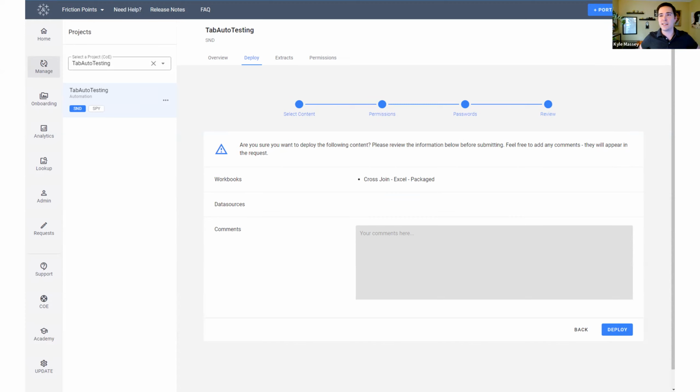With this process, the only bottleneck is the manager hitting that button, and most content is deployed within 15 minutes. So obviously a huge difference and a very, very good customer satisfier for us. Not only for the customers getting what they want faster, but now we don't have to do these deployments anymore, which is probably the bigger advantage.